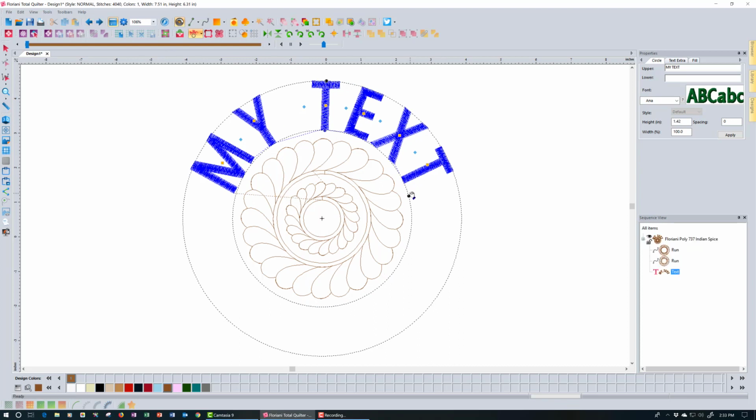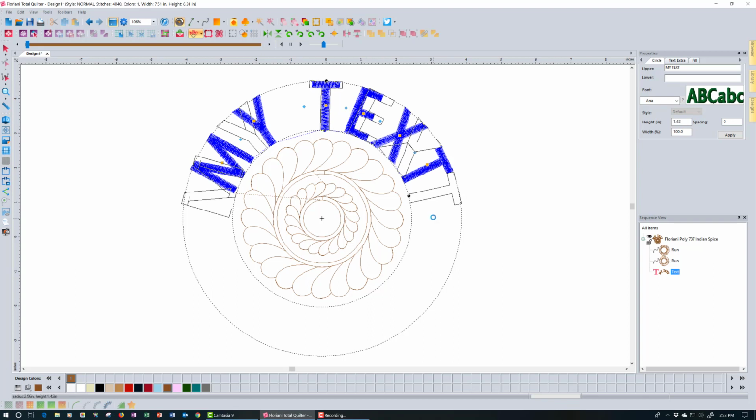Let me undo, and I'm going to wait till I get over the black dot there. You'll see my cursor changes to a crosshair. Oh, I moved the mouse when I clicked, so I'm going to try one more time. Here we go. So I'm clicking and dragging, and you'll see how as I do that, everything is staying within my parameters, but the text is spreading out, it's stretching, or I can make it very tiny or stretch it